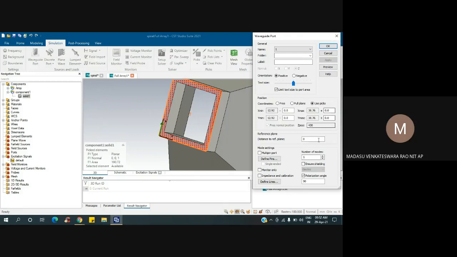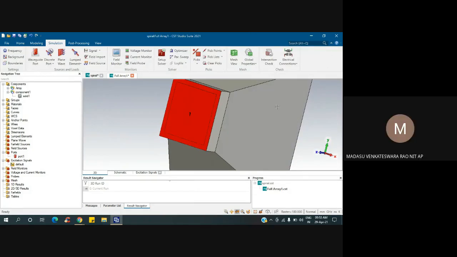What is this number? Actually, we are giving TE mode and TM mode whenever we are exciting. Here it is showing one mode. Then if you want two, you can give two. But I don't think this will give you TE and all. Yeah, you can give two, that's fine. But first you can try with one mode.